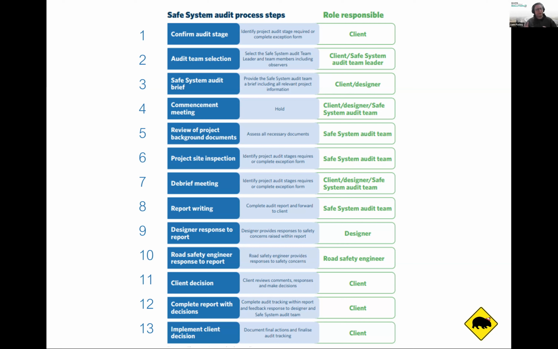Then, so you've written a report, it's ready to go, it's been reviewed, the team leader has signed it off. There's a bit in the format that says the team leader signs off, the safety audit team signs off, and you send it to the client. The client is your client, I know this is obvious, but you've been contracted independently from the design team, so generally that will go back to the client. They may ask you to CC it to the designer, but normally they would circulate it to the designer to get their responses.